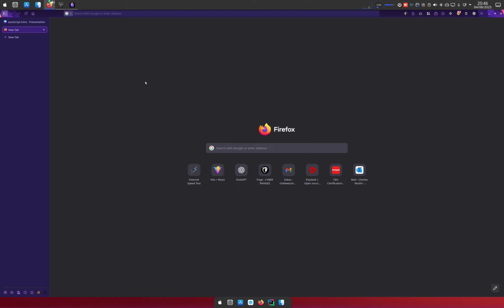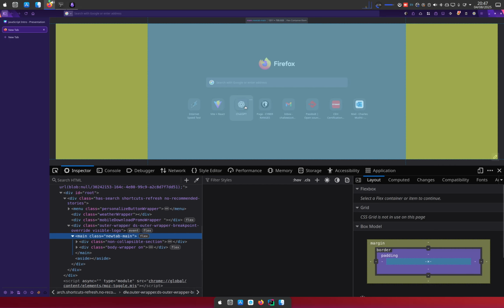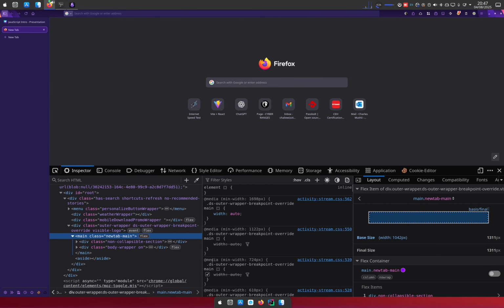To open the console in any browser, be it Brave, Firefox, Safari, you just right click anywhere on your page. So just right click, and then you'll see something to do with inspect. So right click anywhere, and then you click on inspect, and then something will pop up. It might pop up on the left, on the right, or at the bottom.